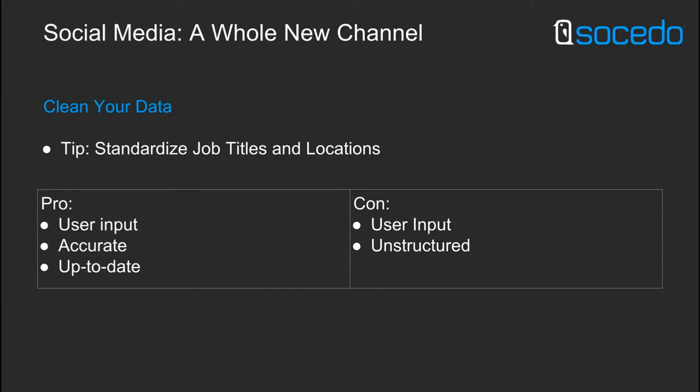When we talk about unstructured data, that's all social media is. Job title doesn't exist anywhere as a field, except for LinkedIn, but on Twitter, job title doesn't exist as a field. It's just something people put in their profiles. I say, I'm the marketing manager at Socedo. But I could also call myself the demand gen manager. I could call myself demand gen guru. I could call myself Marketo nerd. Whatever I might say on there, it could be a whole wide variety of things.